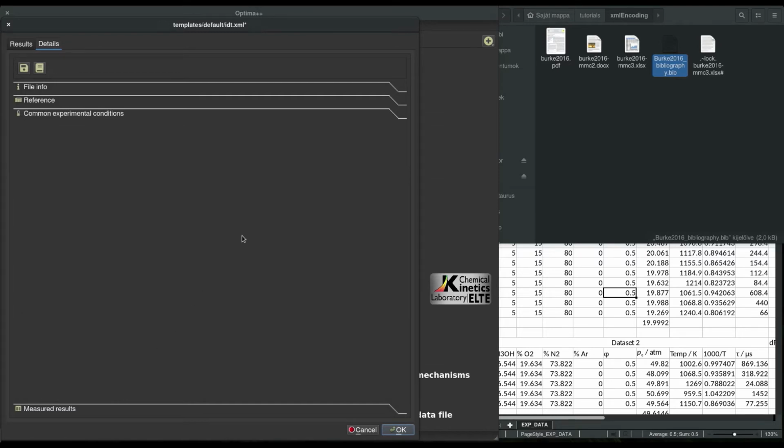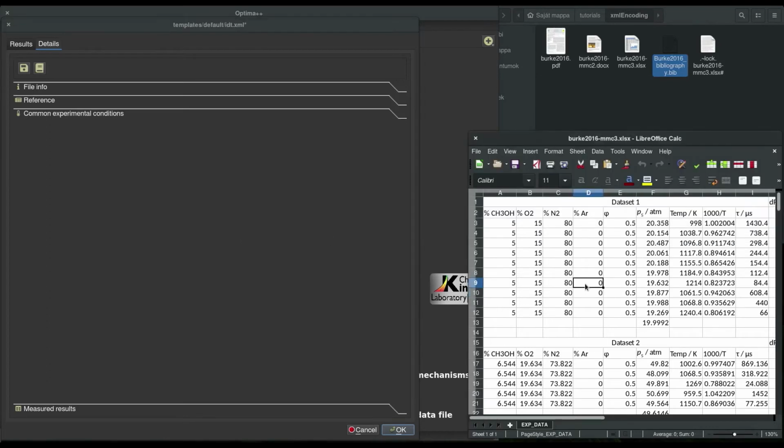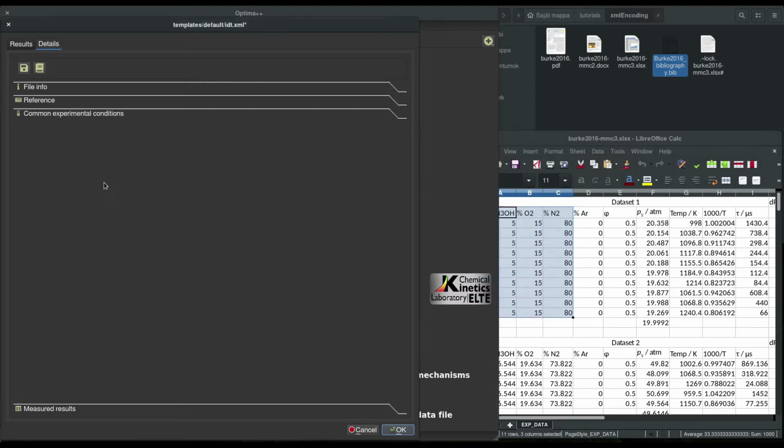In the next section, I set up the common experimental conditions. The initial composition will be inserted here. Right-click, Add New Property, and here I select the composition property.